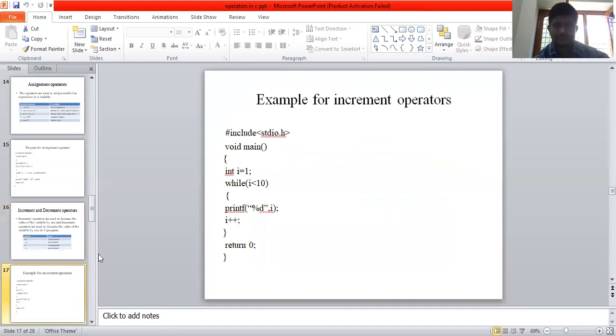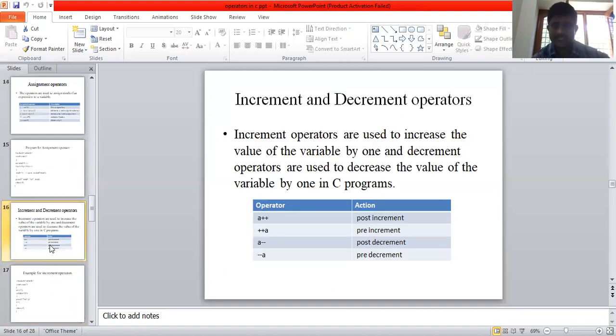Post increment. Here post increment, a plus plus, means, for example, a value is 8. Increment operator: y equal to a plus plus. A value is 8. First, a value is 8.